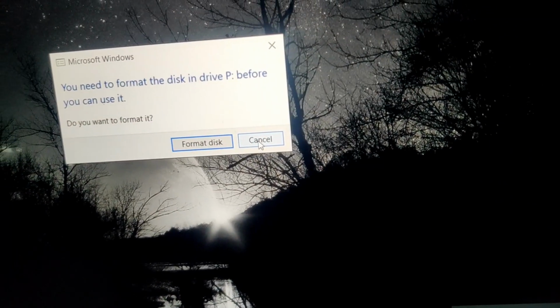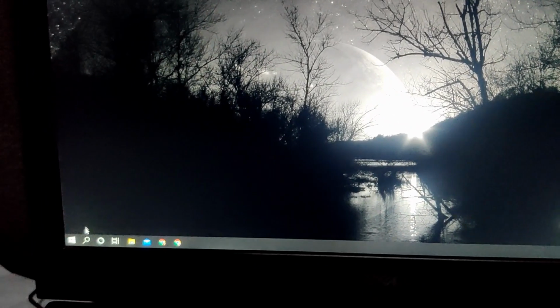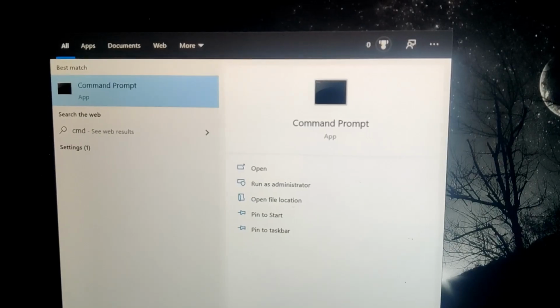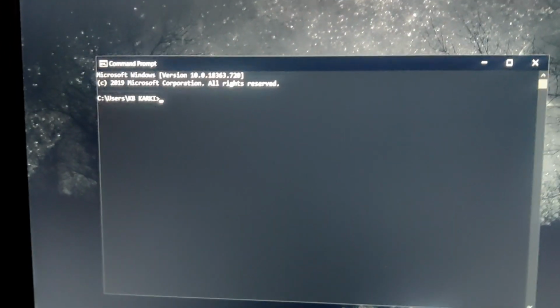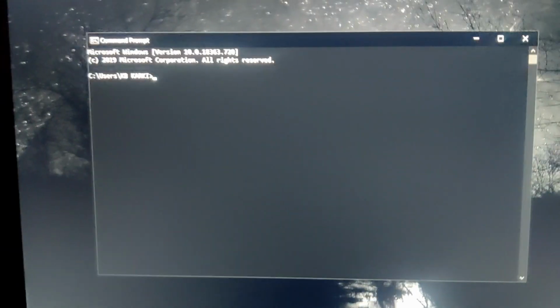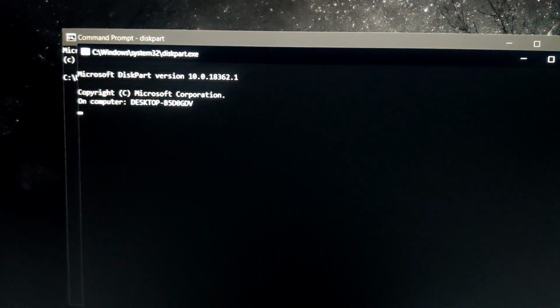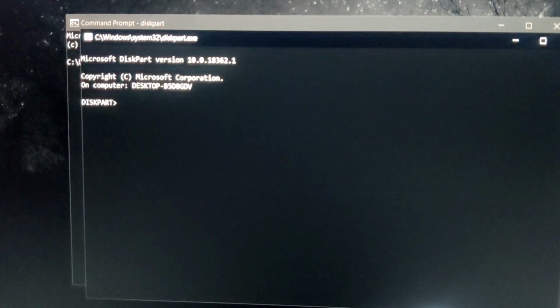the USB is unusable. You can see here, even if we format, you can't use this. So for that, go to CMD and open that. Actually, you can watch my video on how to fix a corrupted USB, okay? And type diskpart. I'm just gonna do it really fast. Okay, diskpart, type it in, hit enter. It will open up the diskpart section and